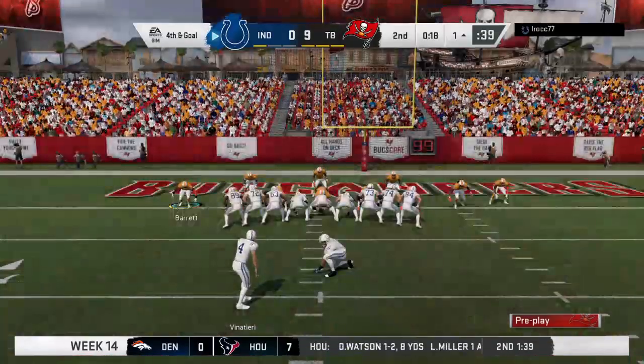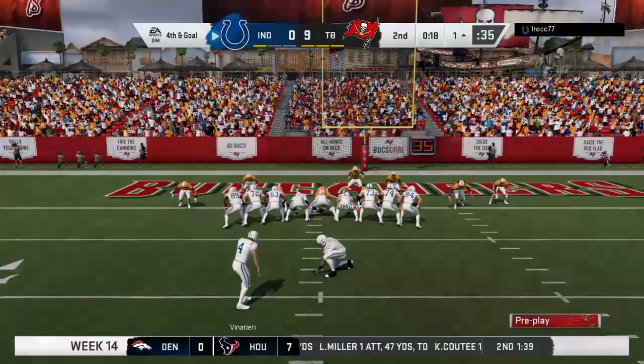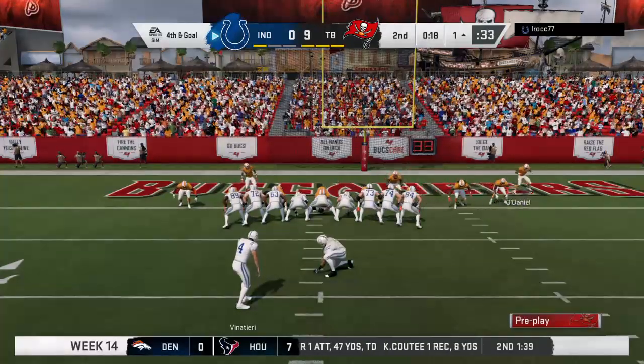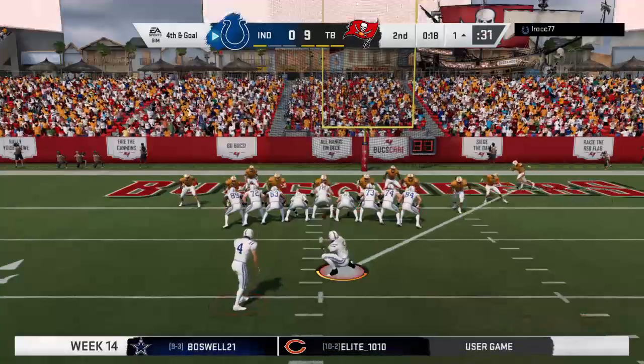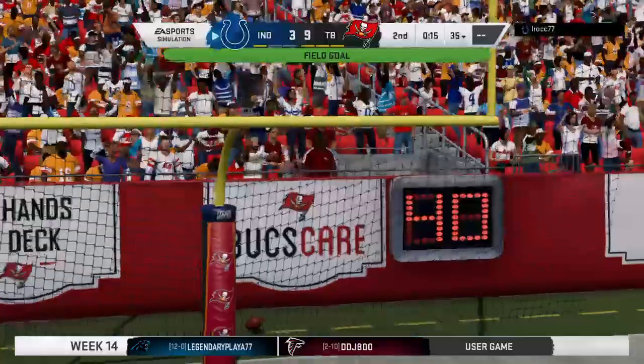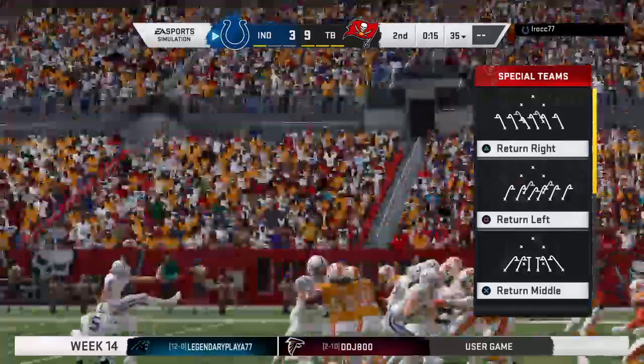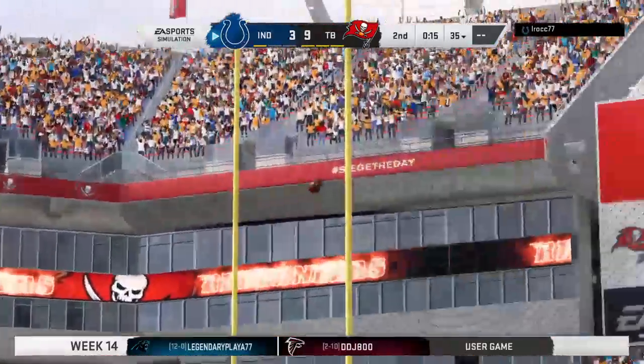So with fourth down coming up, here's Adam Vinatieri now for the Colts field goal. From the left hash, he'll have to cut this at a tight angle. Vinatieri's kick is good. Vinatieri, the NFL's oldest active player, also the league's all-time leading scorer, past Morten Anderson last